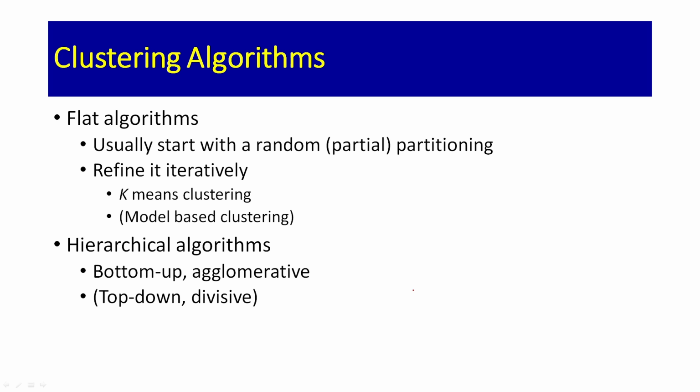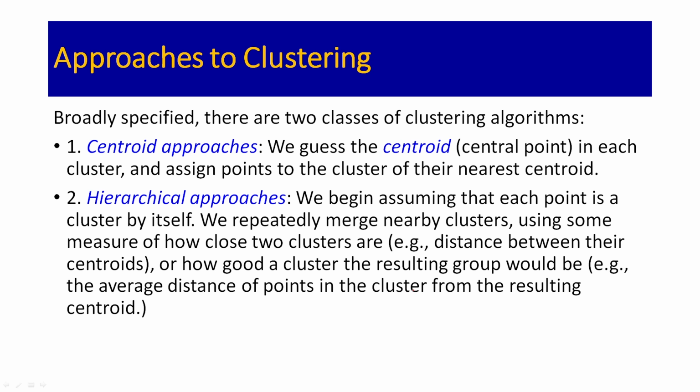K-means algorithm, because random partitioning may not work in some cases, and you may not have prior information about how these data points are connected, then you have to use hierarchical algorithms, like the bottom up or top down or divisive approach. It is exactly the same as the nanomaterial synthesis I talked about in the last lecture. So, bottom up or top down approach, we will talk much more, but broadly putting together, these two are